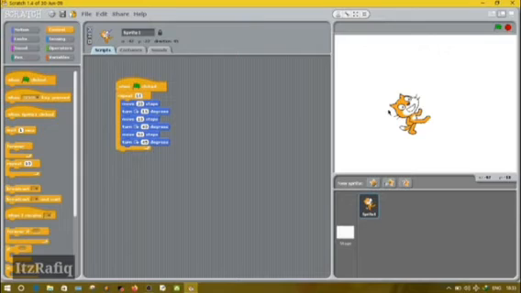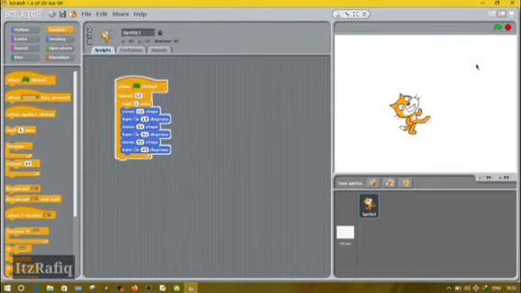Now, as the cat is rotating very fast, I want to turn the cat a little slower. So what we'll do is take wait and keep it in the repeat. Now play it. So now we can see the movement of the cat, but it's too slow.